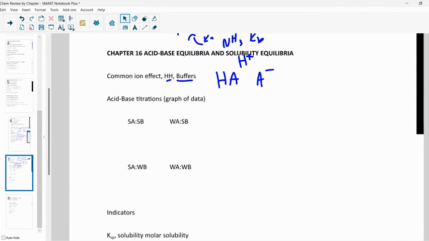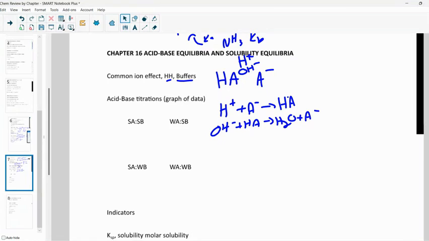The A minus, right? H plus plus A minus yields HA. So all that happened was some of my A minus turned into HA. If I added a base to this, all that happens is some of my HA turns to A minus. So thinking about Henderson-Hasselbalch,